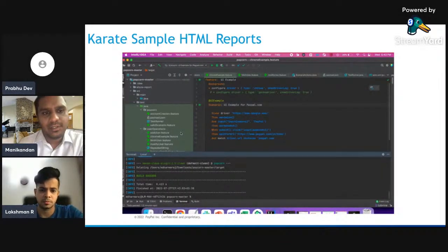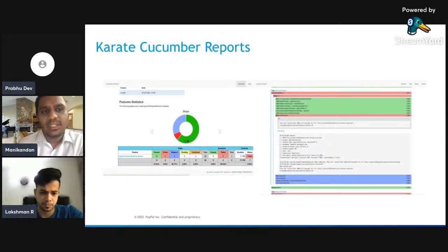Moving to the next slide. As I told, Karate also supports Cucumber reports as well as Allure reports. This is the Cucumber example report. We are able to get the reports feature-wise. In this scenario, I have executed 18 steps. 16 steps got passed and 2 got failed. These many stats we will be able to get using the Cucumber reports. If you want to know which 2 steps got failed, we can deep dive into the errors. Like that, the step-by-step report also we are able to get.